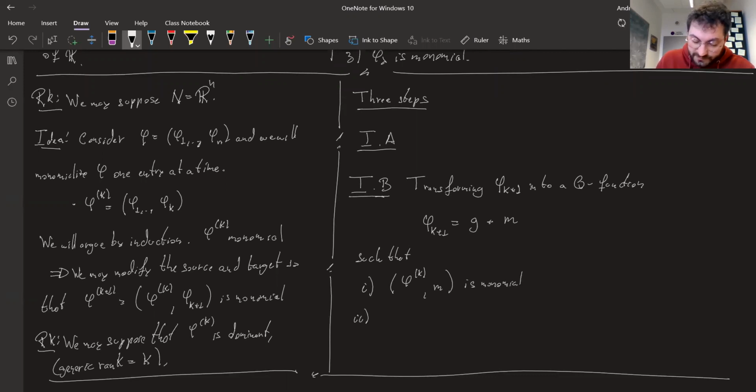And the second part is that, and I'm going to write it and then explain what it means. If I take the wedge of dg with d phi1 up until d phi k, I obtain that this is 0. Okay. So the reasoning for doing this: condition 2